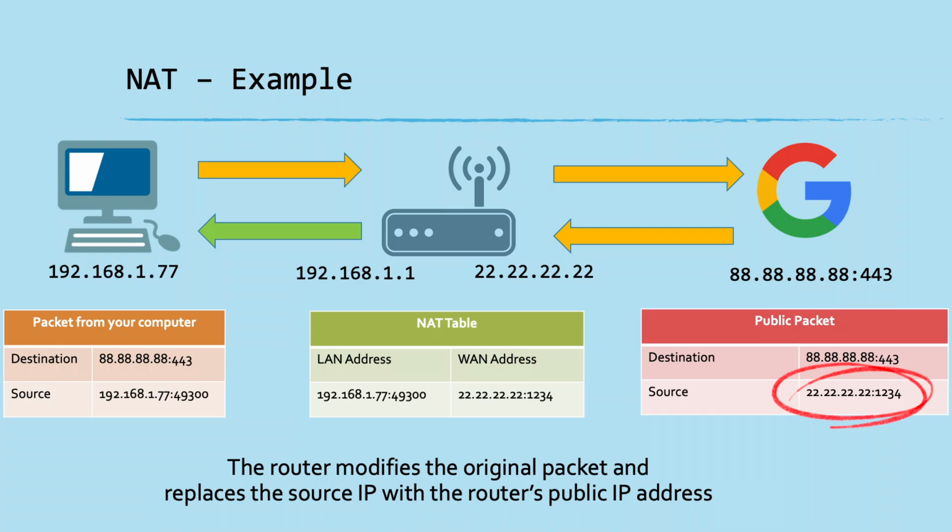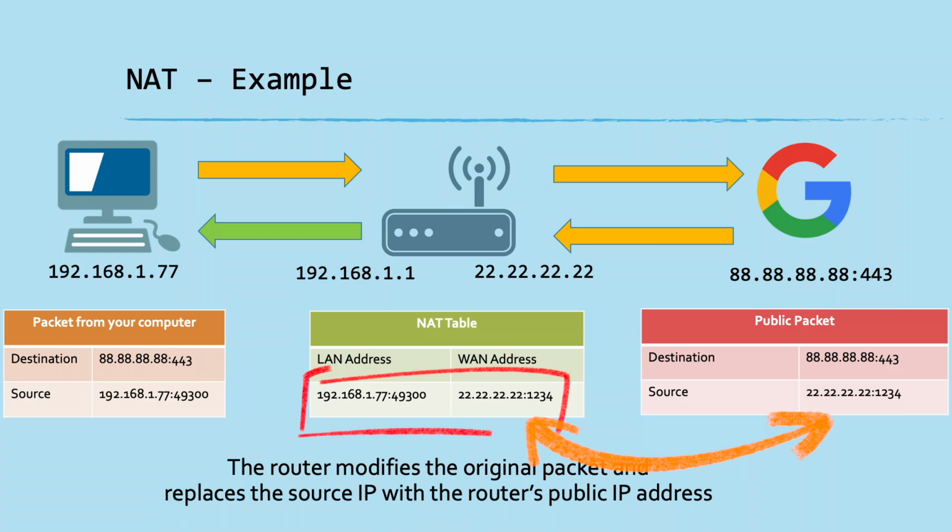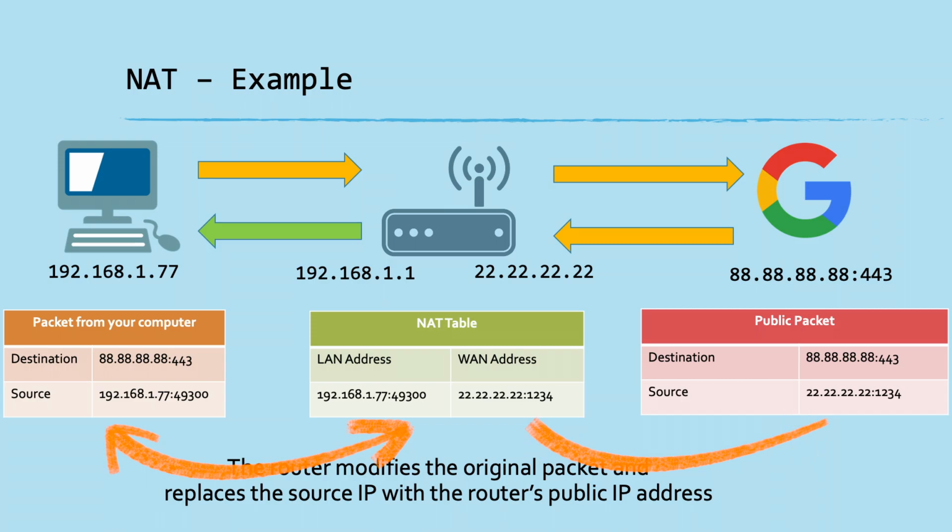So when Google says, okay, you want the cat picture, I'm going to send it back to you. It's going to send it back to the public IP address of the router. So the router gets it, and because it receives this picture or the packet, there's a NAT entry in the NAT table. So now it can forward this packet to the IP address and port number internally. So it's kind of a man in the middle, a middleman essentially to forward stuff back and forth, or a proxy